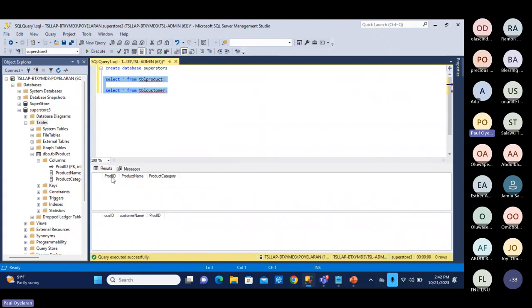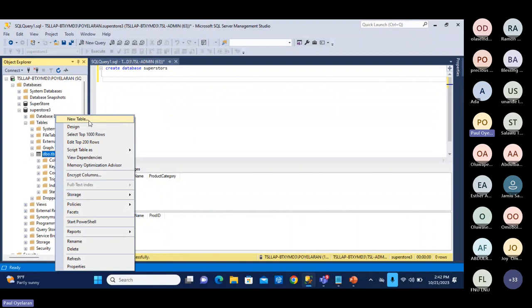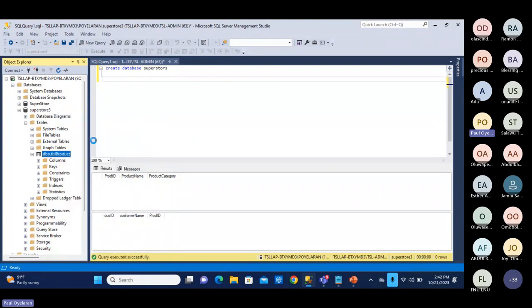So this product is the primary key here, but this product ID is now what? A foreign key inside this table. So let me start a few data manually inside them so that we can try it. Product ID, edit top 200 rows. So